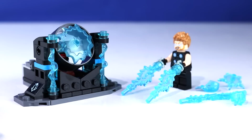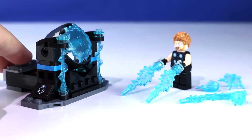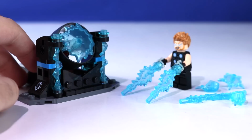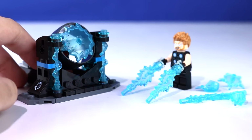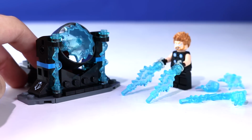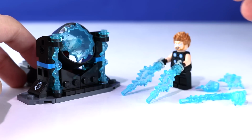So the actual Space Forge itself is pretty cool. I don't know if it'll look anything like this in the movie, but you can see it's a relatively small build featuring a bunch of power burst pieces, and we do get a full set of the power burst pieces that were introduced in January and carried over into the Sanctum Sanctorum Showdown and also into the Thanos Ultimate Battle. I talked about them more in depth there, but they're all grippable by minifigures and made of